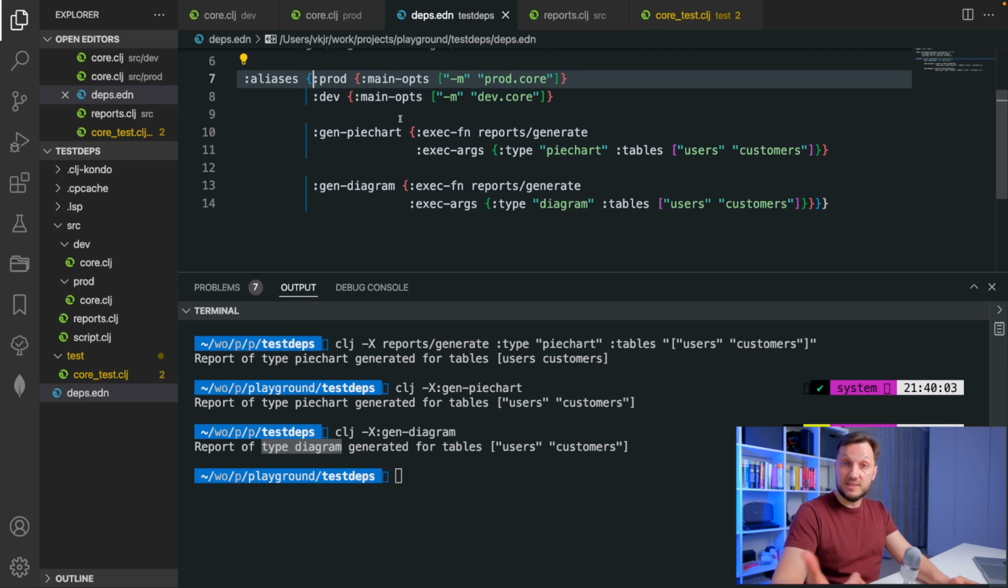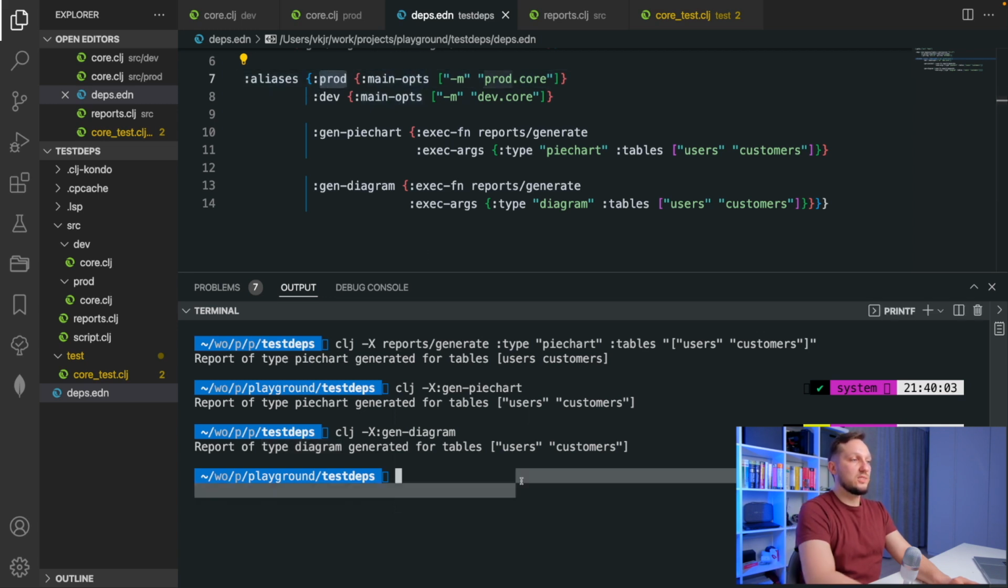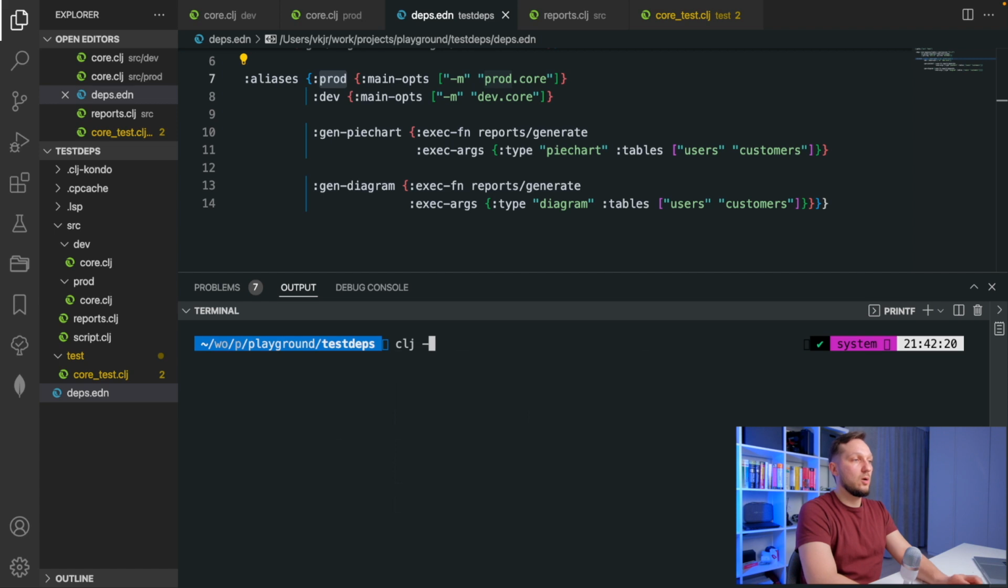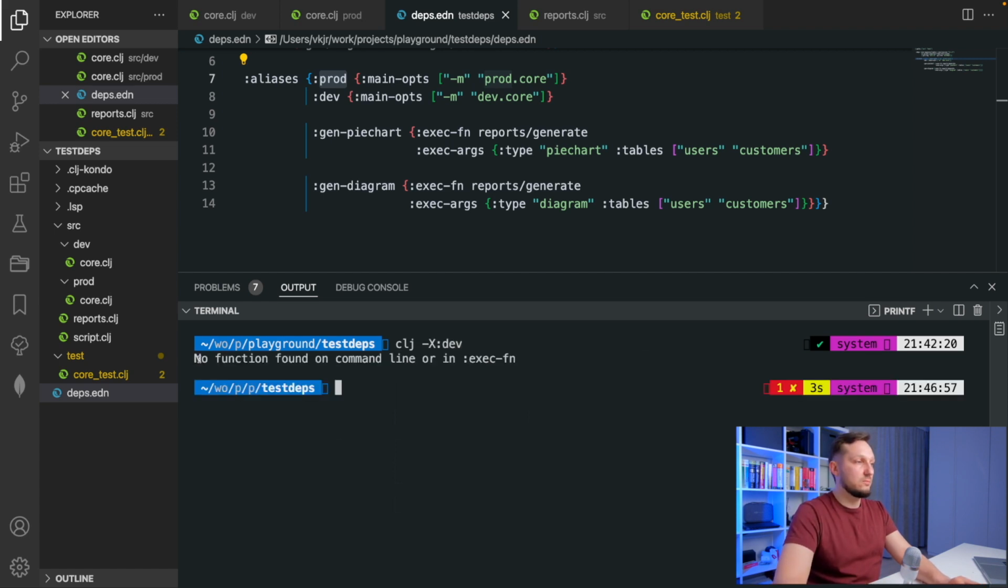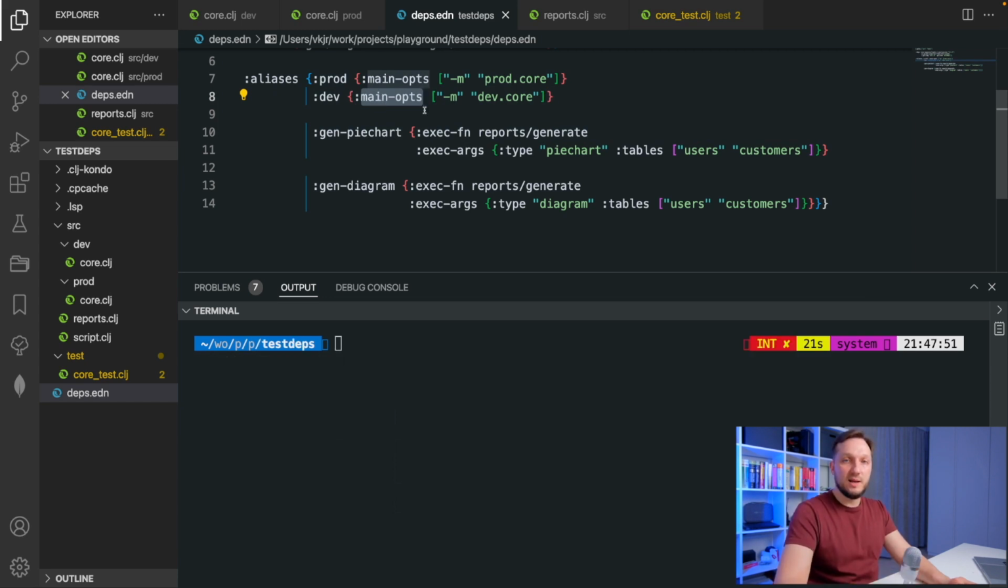When we create an alias that targets specifically the -m option of CLI, we are using the predefined key :main-opts. If you run this alias, like prod or dev, with the -X option of CLI, you will get an error. It says no function found on command line. So :main-opts targets specifically -m. Same way, if you want to create an alias that targets the -X option of CLI, you're using the :exec-fn predefined key